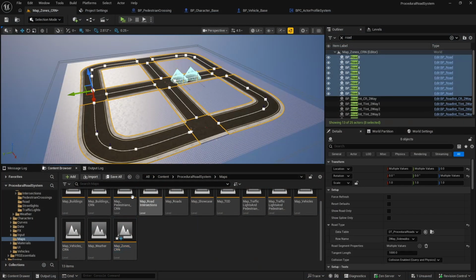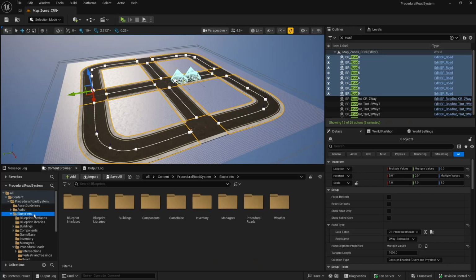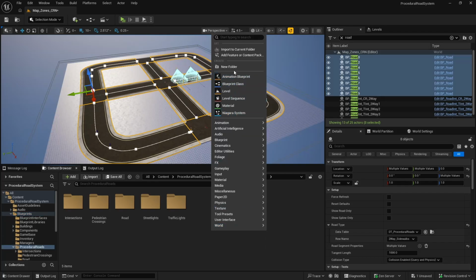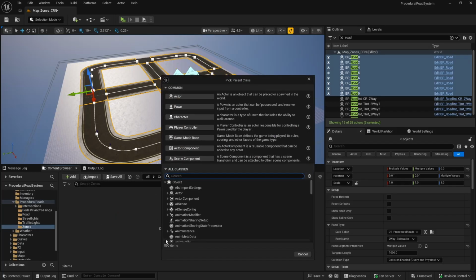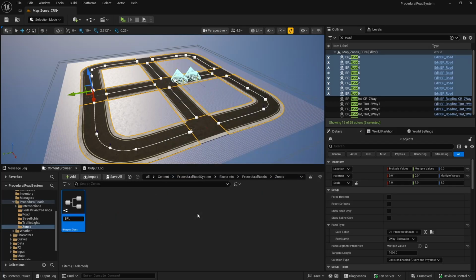Right, now let's create an actor called zones where we can specify the zones. In the procedural roles, I'll create a directory called zones, and then let's create an actor called BP_zones. Right, this is one. Open that up, and then as usual, let's